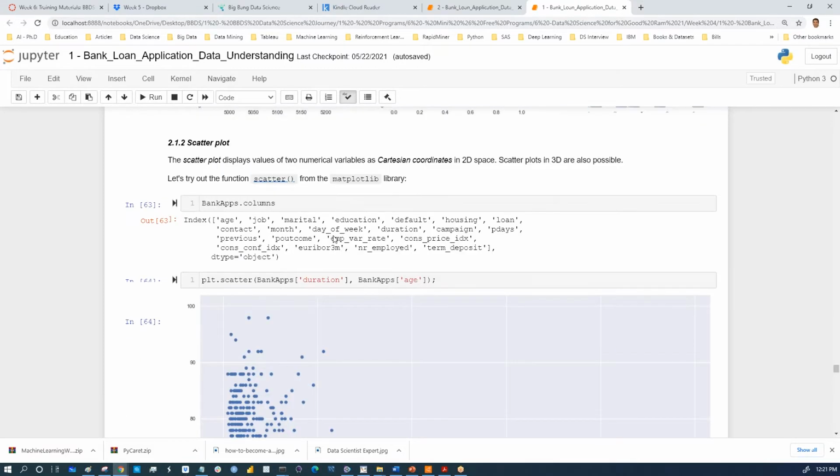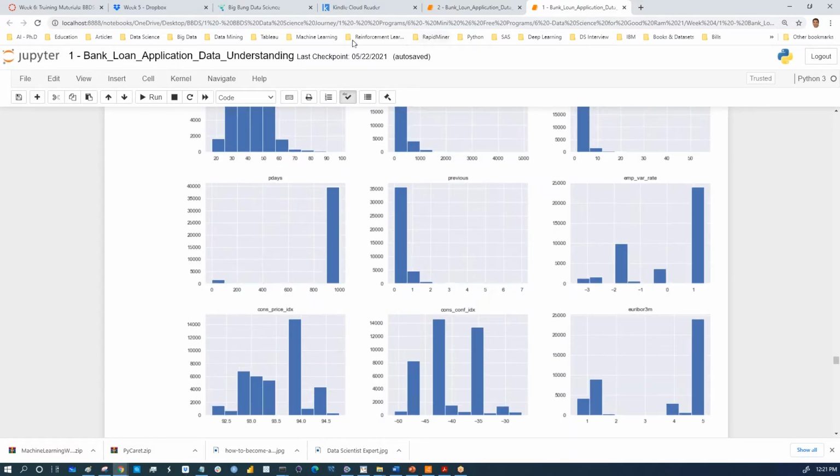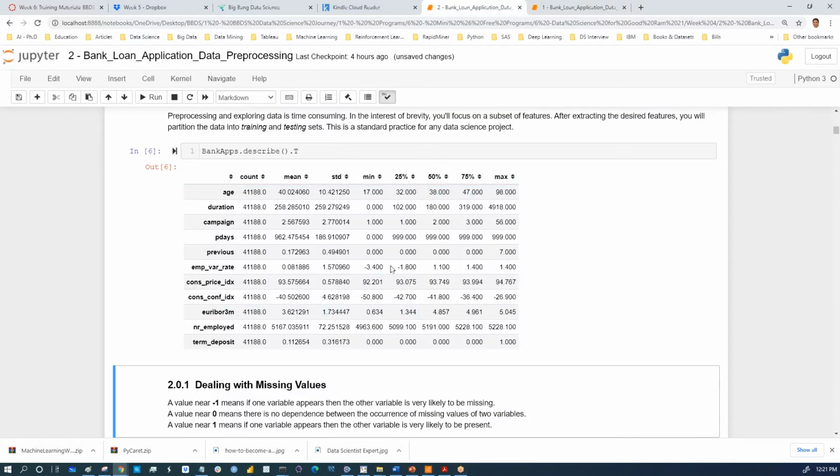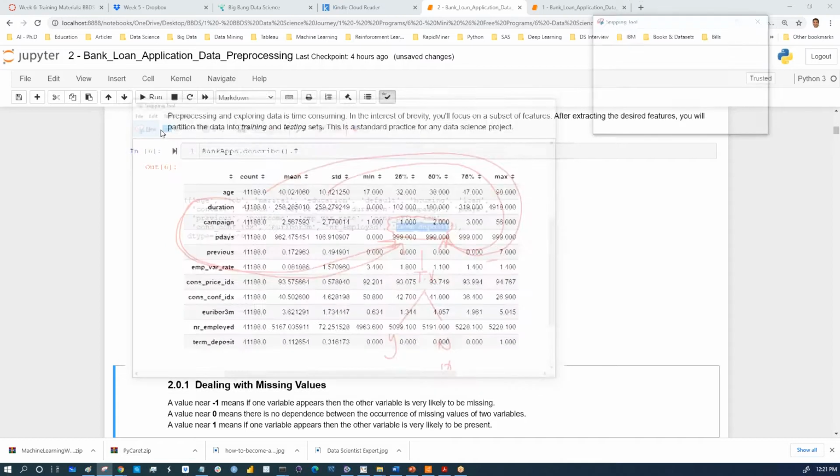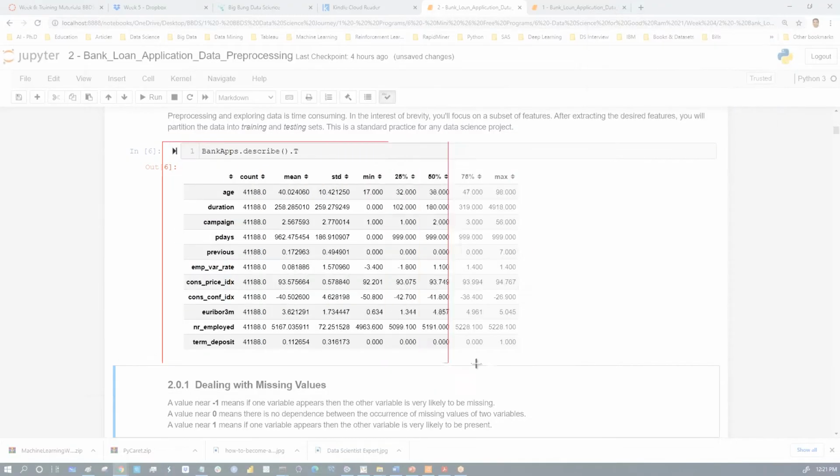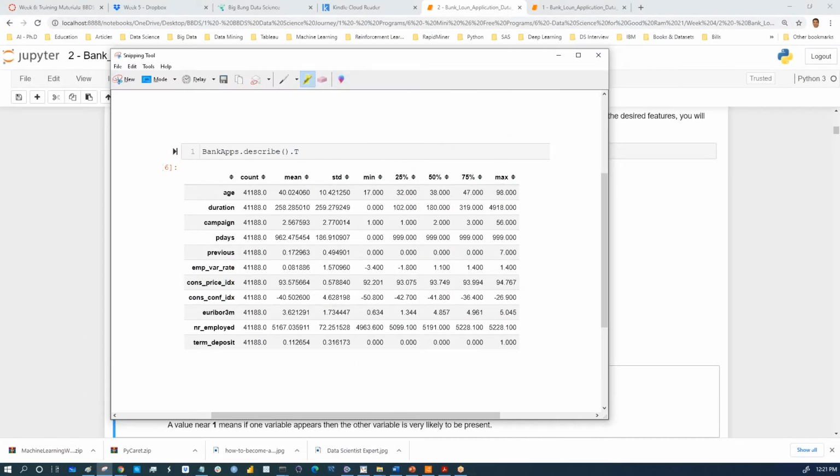We looked into the statistical analysis of the data. So in the second file, we need to go deeper into statistical analysis for one reason, and that is to see if we can detect some missing values